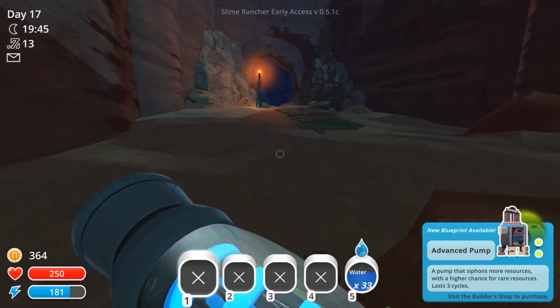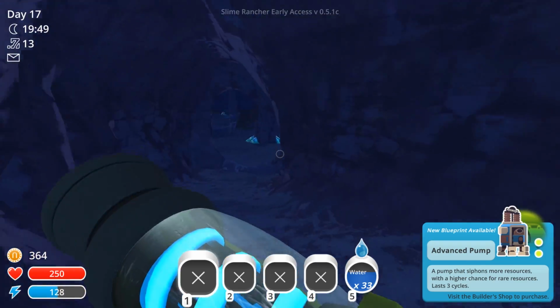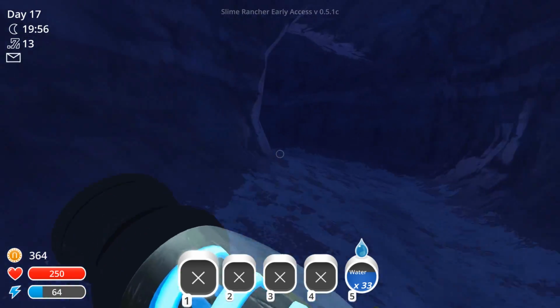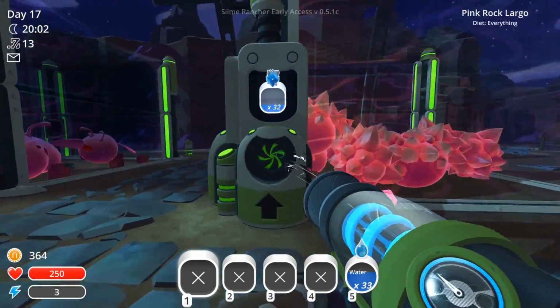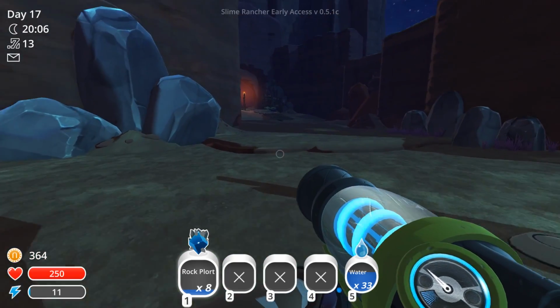Okay, now we have advanced pumps as well. In a second, soon, I should be able to get the advanced apiary. So then we'll just wait until I can make some of those. Oh, didn't grab rock plorts. I'll just wait a second. I'll wait until I can make those, and then we'll get back into science, because those will definitely help us